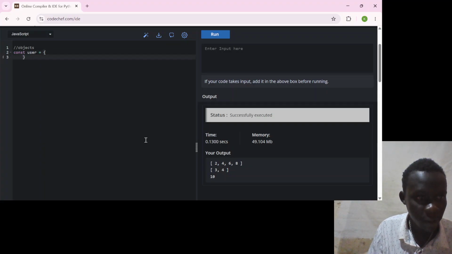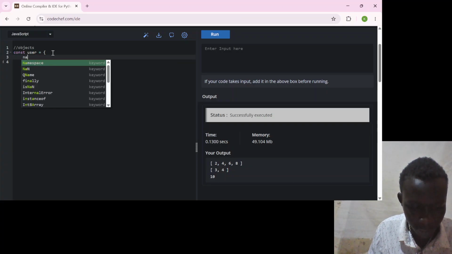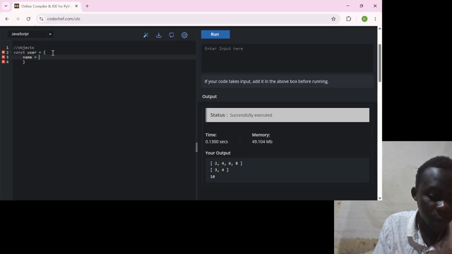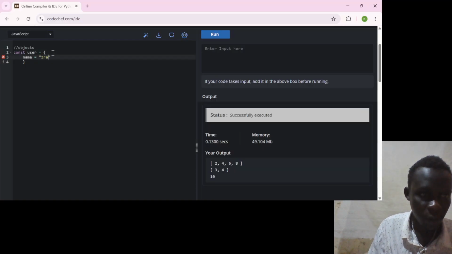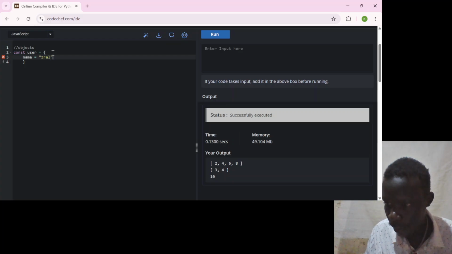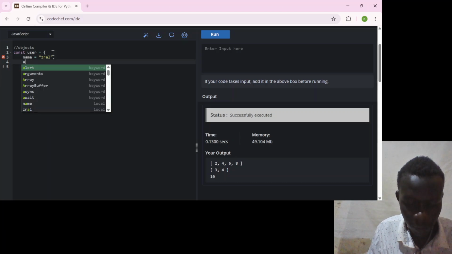So inside our object, let's have the name. Name equals to a string, plus the name. Put a comma. Then our age